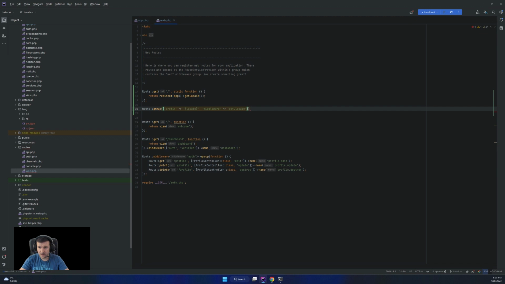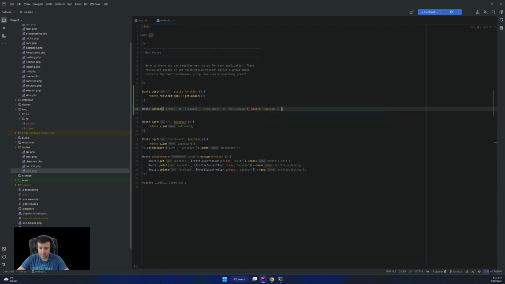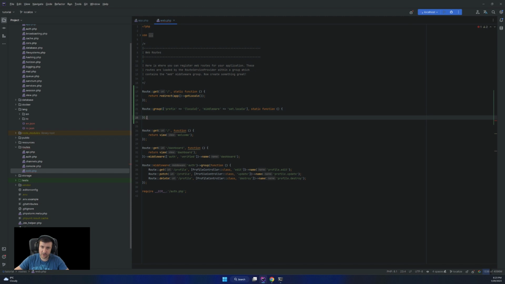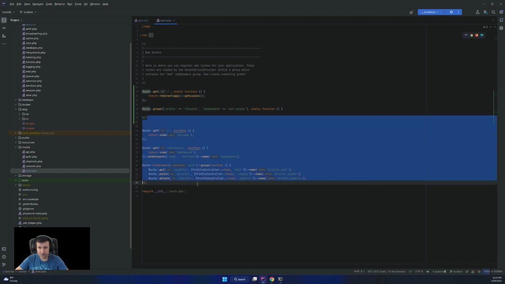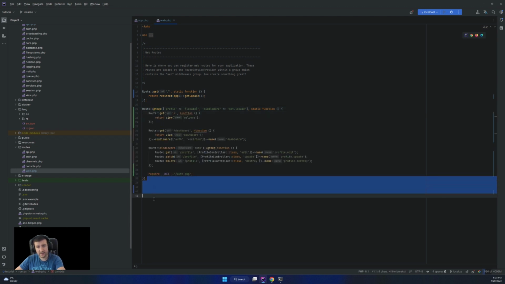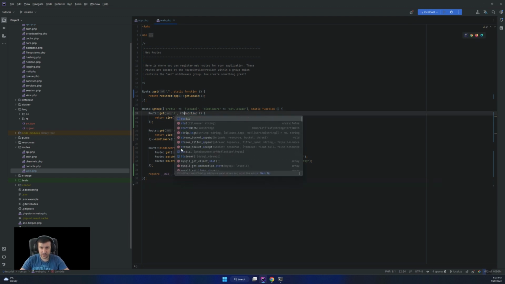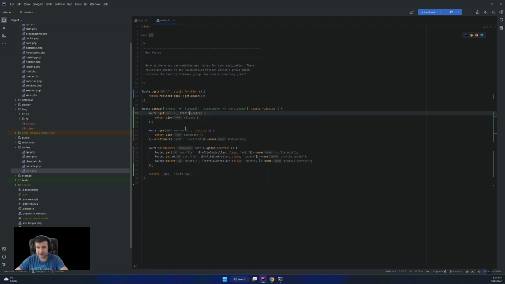Then I'll have everything else included. All the routes that we defined last time will be inside this newly created group. Let me change all this to be static because it will be a lot better.